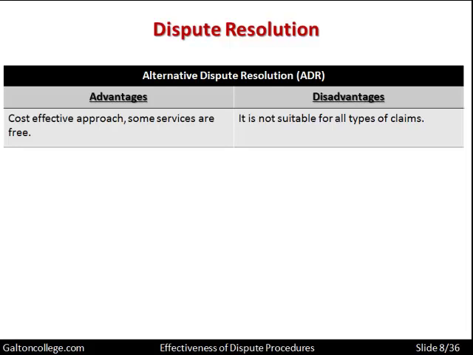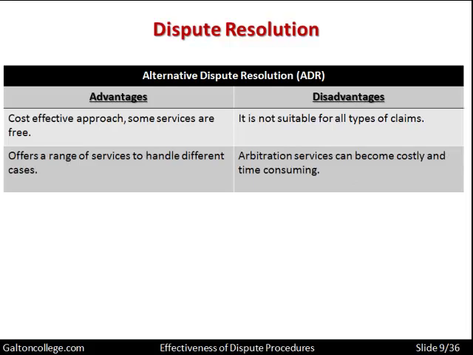Sometimes the best solutions are the ones which are generated internally, in face-to-face negotiations within the business. The workers on the one side, the management on the other, trying to resolve the problem together. That might be the best solution. But if that fails, then they could use alternative dispute resolution techniques involving outside agencies or outside negotiators, people who have experience of bringing together the two sides in employment. Generally speaking, they offer a range of services to handle different cases.